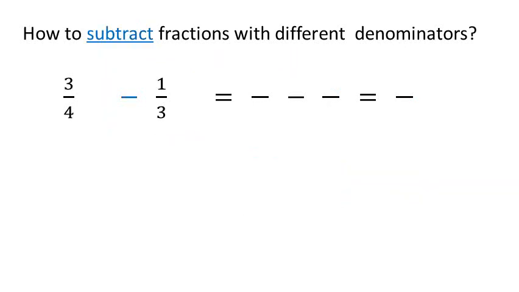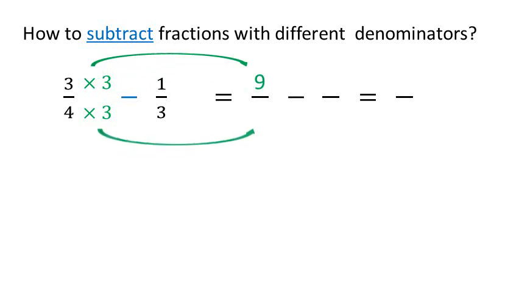Now let's move to subtractions. Subtractions are just like addition. We need to make the denominators the same by changing them to equivalent fractions with the common denominator. In this example, 3 over 4 minus 1 over 3, we can multiply both denominators by each other to get the common denominator. So multiplying by 3 both the denominator and the numerator of 3 over 4, we get 9